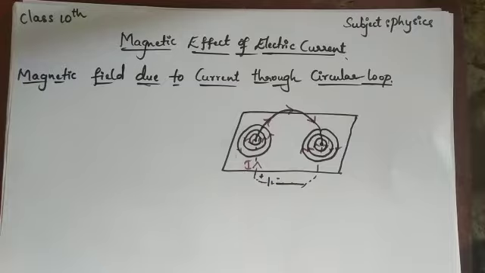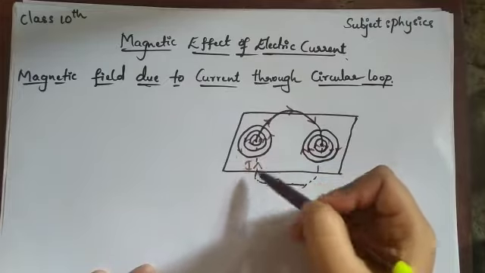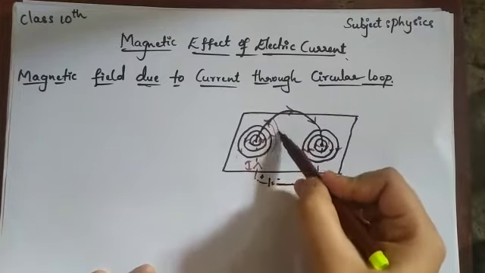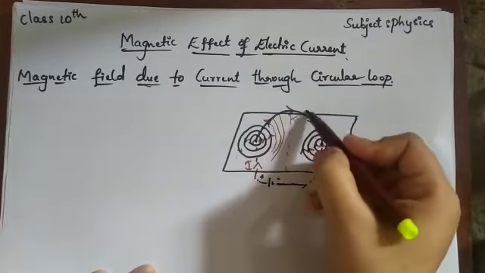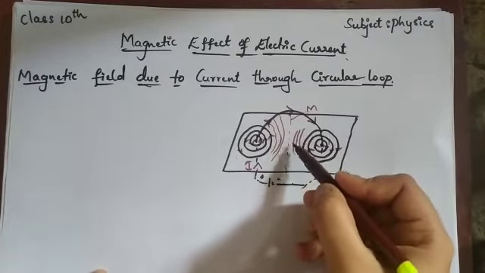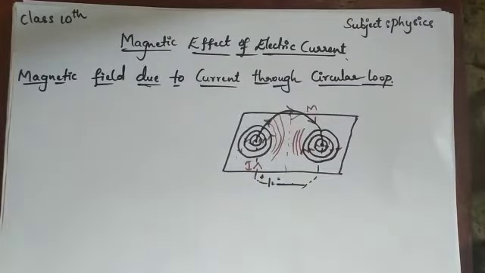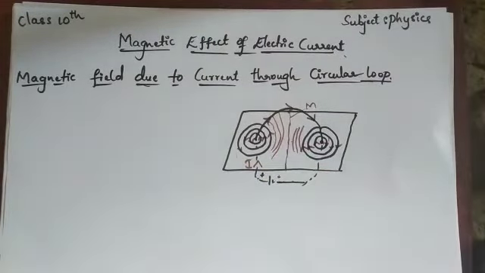There is another property of the circular loop. Whenever the current is flowing, the magnetic field lines are circular. Taking the middle as point M, as the magnetic lines come near the center, they keep changing shape. The circular lines become a straight line, so at the center the magnetic field lines are straight. This is how the magnetic field looks around a current-carrying circular loop.